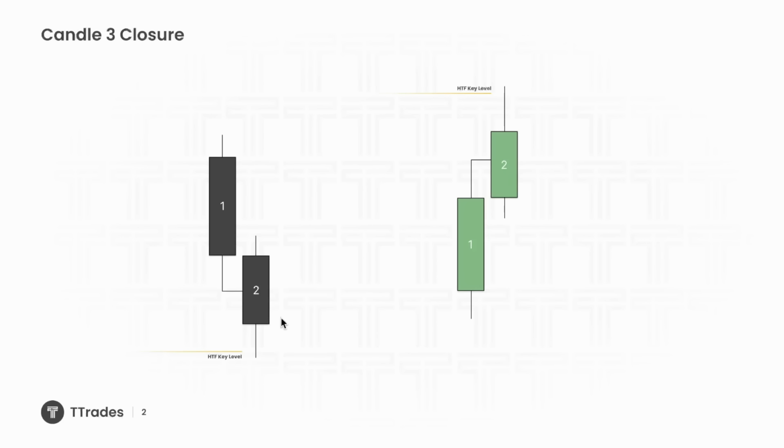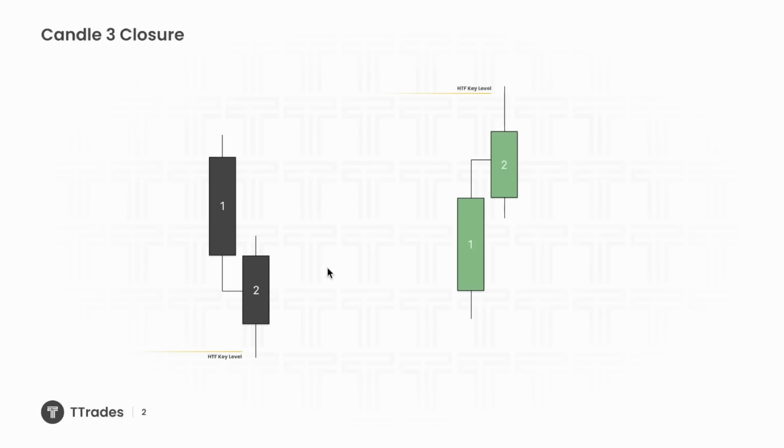Now, what is the difference between a candle 2 closure and a candle 3 closure? In a candle 2 closure, price reversed in candle 2, so then I could look to trade candle 3 and candle 4. But if you see here, we hit a key level, but price does not have a reversal closure. I cannot expect price to reverse yet. So here I'm either looking for price to sweep out its previous candle's low here to form a candle 2 closure and then trade higher, or to sweep out its previous high, form a candle 2 closure and trade lower,